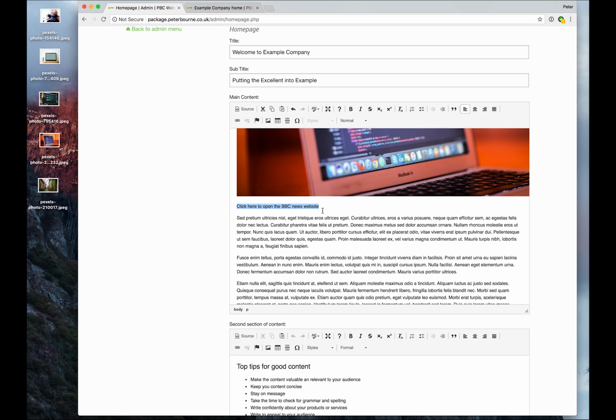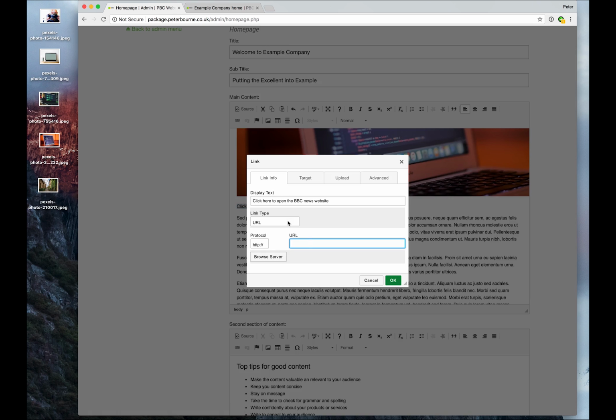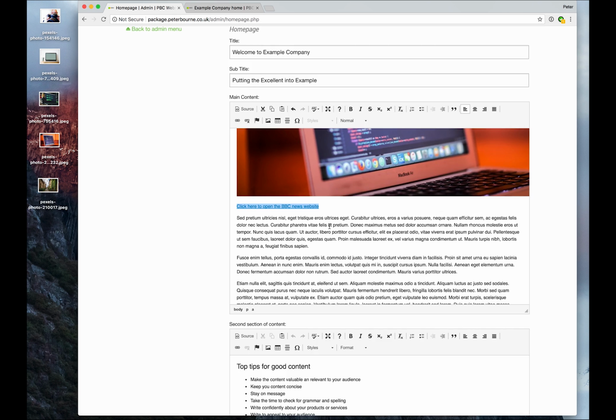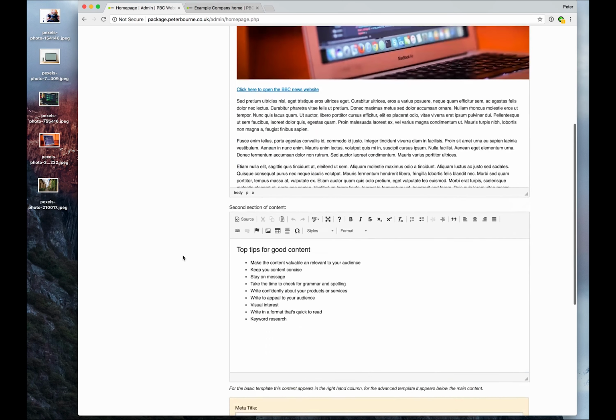Then we select the text and press the link button. And then we can either paste or type in the URL we want to link to there. We can even elect to open it in a new window, just by going to the Target tab and selecting New Window from the drop-down. There we are. Press OK. Our link is made. So if we submit this,